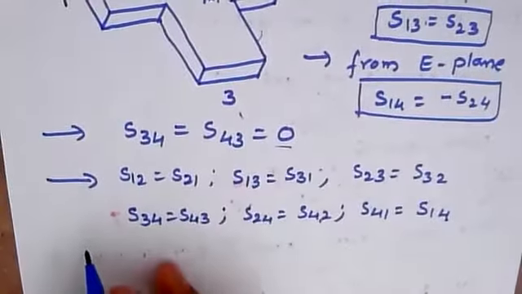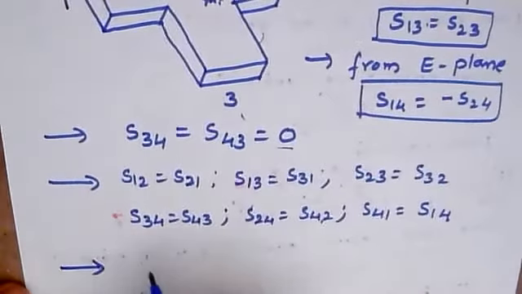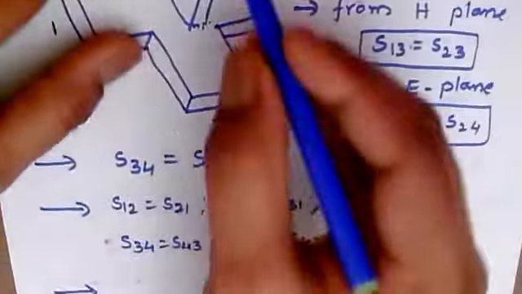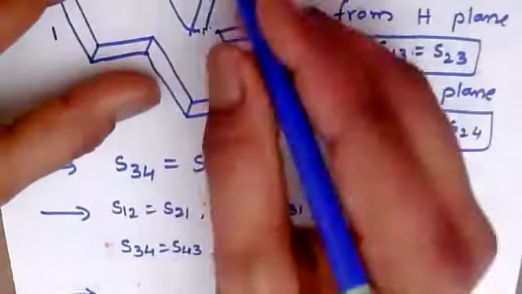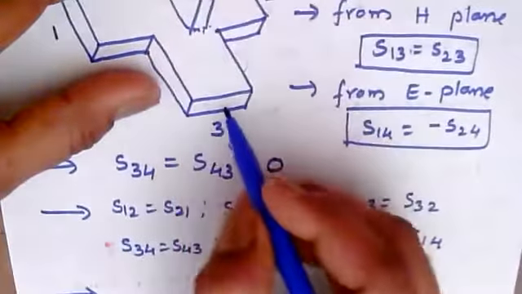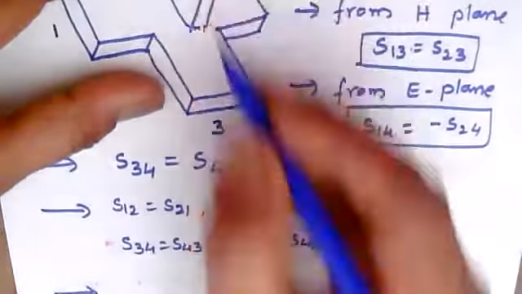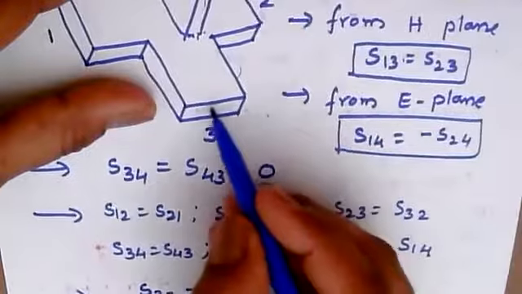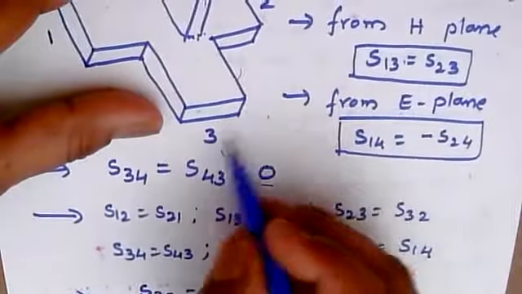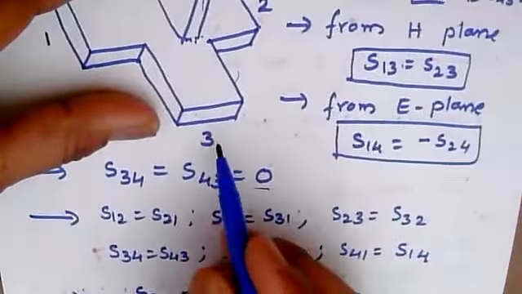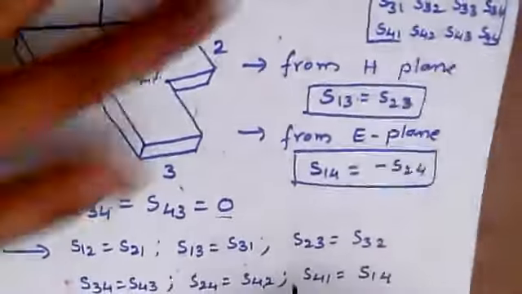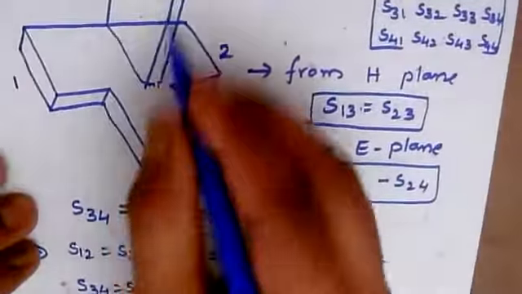And we apply one more condition for generalizing the S matrix. One more property we have seen is that when no signals are coming out at port 3 and port 4, the signals are perfectly matching, so these two are considered perfectly matched ports. So S33, no signal will be coming out when it is given at port 4. As we have seen in the case of E plane T or H plane T, S33 was 0 there, and S33 is 0 here also. Now it is perfectly matched when the combination takes place.